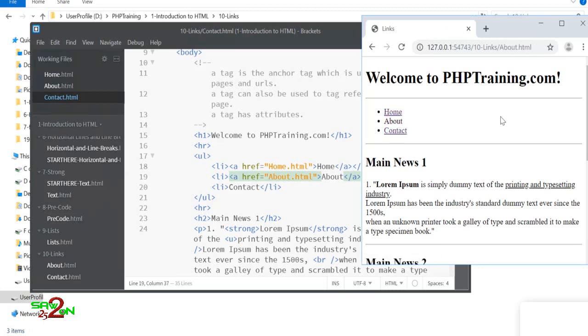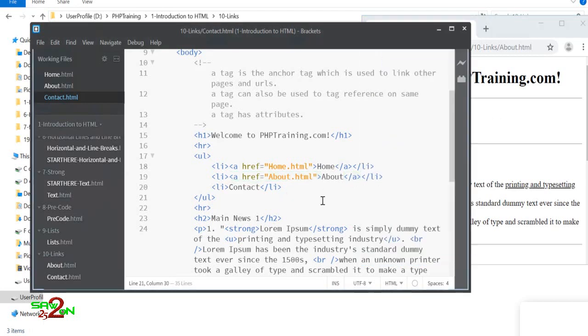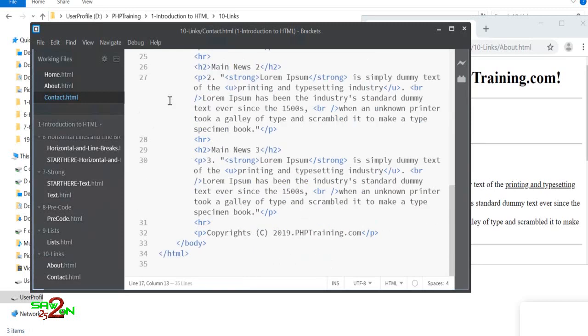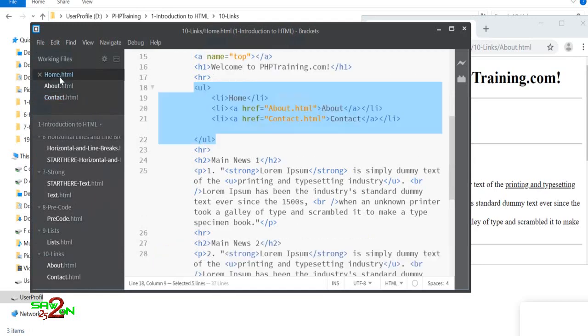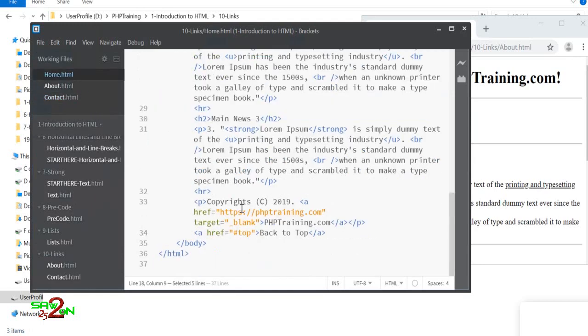So this is how you basically add links to your pages, and links you can add to any resources that you have on the server or anything on the web. As an example, we have seen in home.html, one way to link other resources on the internet is via the href tag. You mention the URL of it, and then when someone clicks it, you can open up a new window and go to that location.